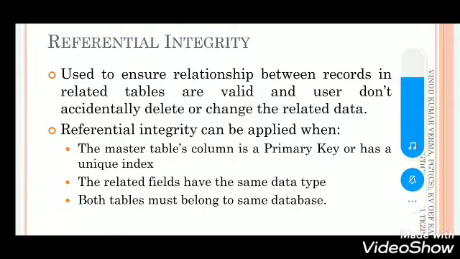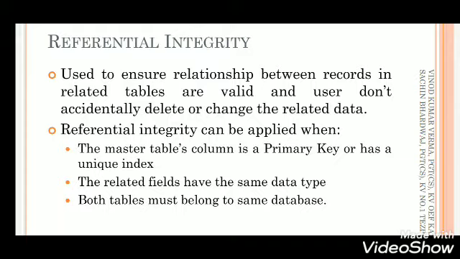इससे पहले जब हम लोग ने कीज़ पढ़ी थी तो हमने उसमें एक की पढ़ी थी फॉरेन की, and you must remember that a foreign key is a column of a table that is primary key in another table and derives its values from the primary key of different table. So at that time I also told you that this particular key is used to establish a link or relation between two different tables. So this topic, referential integrity,